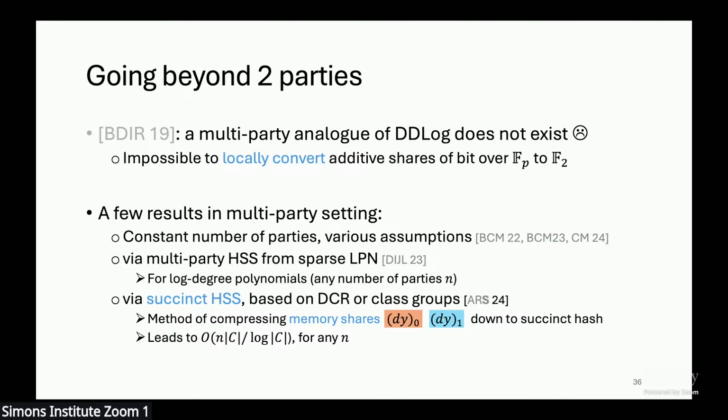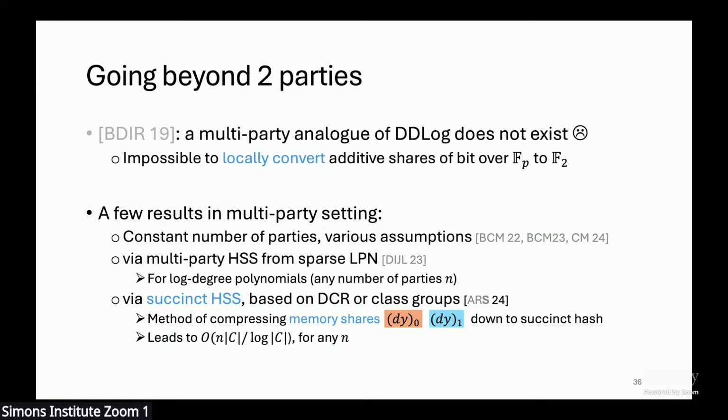And finally, there's a more recent work we had from Eurocrypt last year on something called succinct HSS, which can be based on the same kind of public key type assumptions as the Paillier construction, so DCR. You can also instantiate it using class groups, which have a similar easy discrete logarithm subgroup. And the core idea behind succinct HSS is that it gives you a way of compressing these memory shares. So these were these linear shares where you have additive shares of the secret key times some message y,